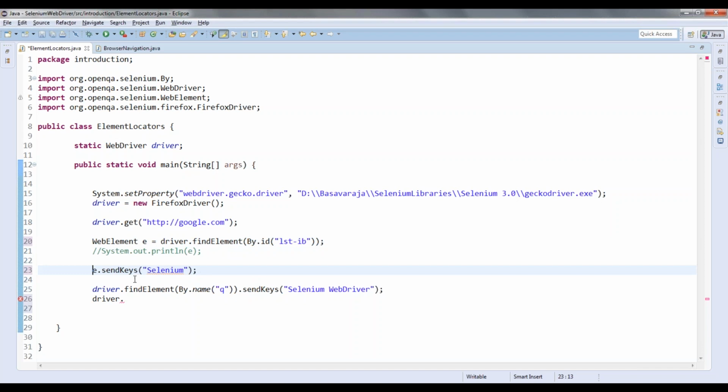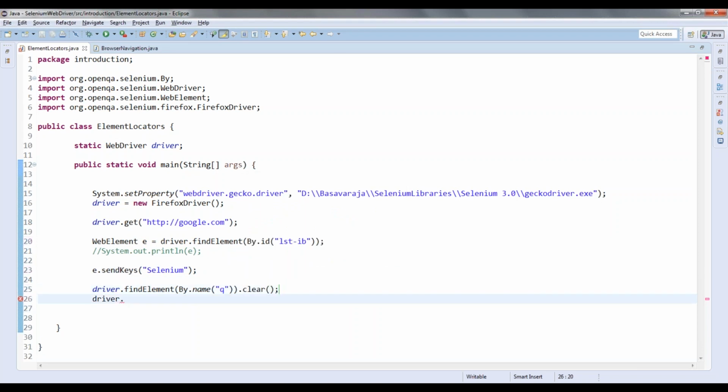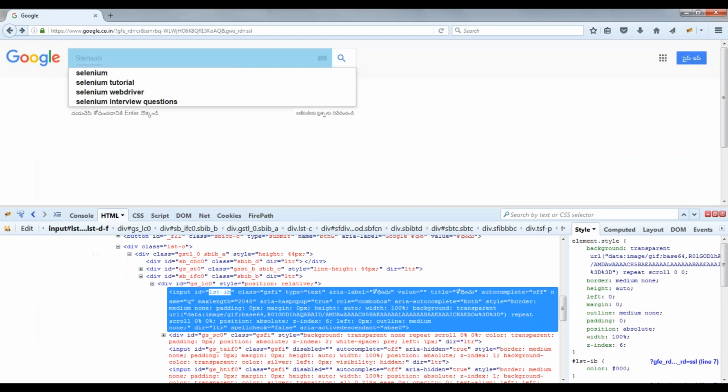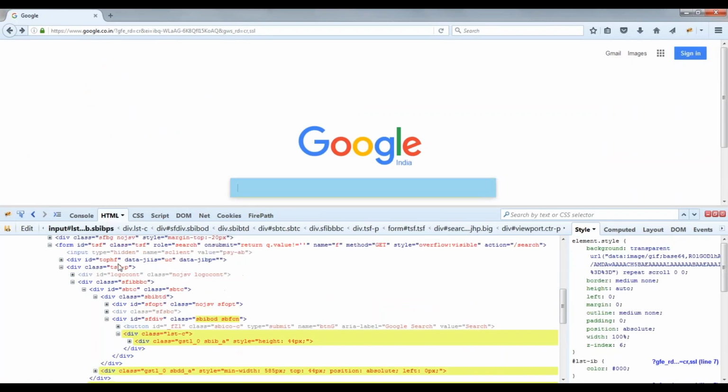Okay, e dot selenium, and then with the name I will clear dot clear. Okay, and then I will identify with class name. Class is GSFI. Let me see what is the class here.